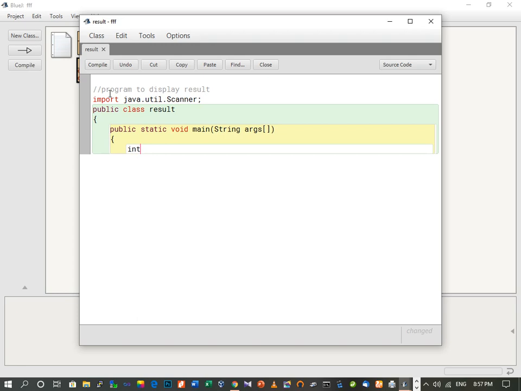So for that, suppose I take a variable int x, and the next step is to create an object of the scanner class, Scanner obj. Here obj is the object name, so you can put any name over here, equal to new Scanner System.in.